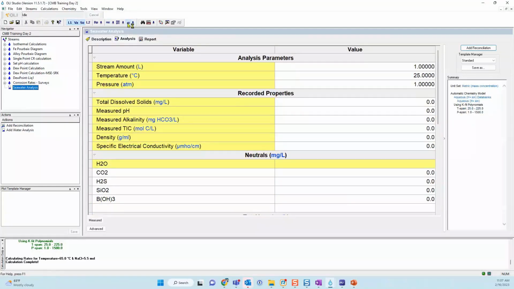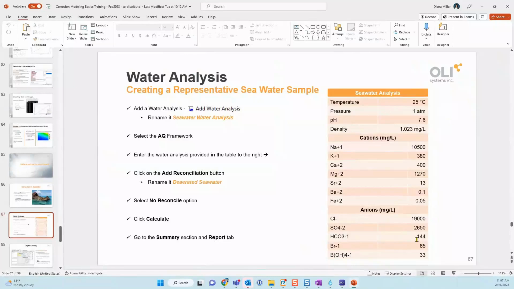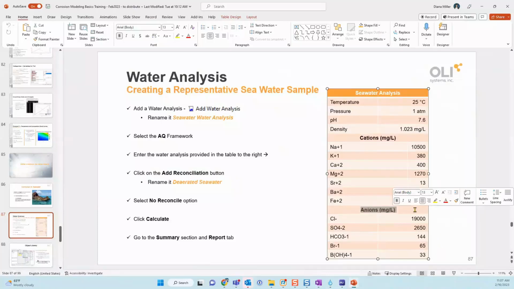Okay. Now, the water analysis that was provided to me usually comes in an Excel spreadsheet or in a PDF, but this is the water analysis that was given to me. So I have some cations and some anions, and notice that it doesn't have any molecules or dissolved oxygen or CO2 or H2S. In some cases, you will see a third section where it will specify that you have some dissolved gas in that solution. So this is what we're going to enter.